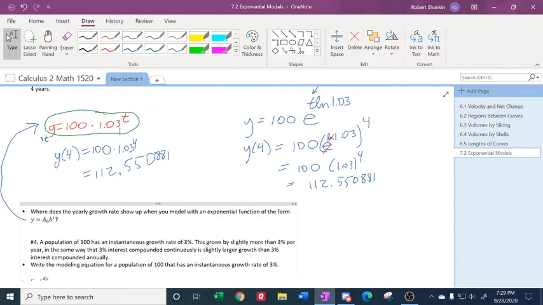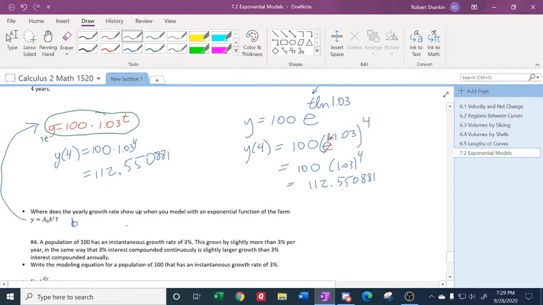We haven't discussed it, but I would say it shows up on B. In the B? So the yearly growth rate would be the B? You are on the right track. It's really close. B is 1.03,